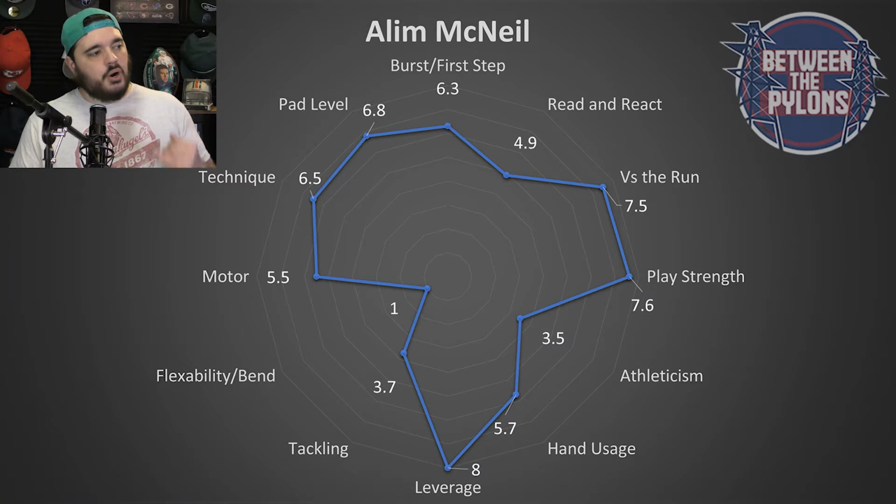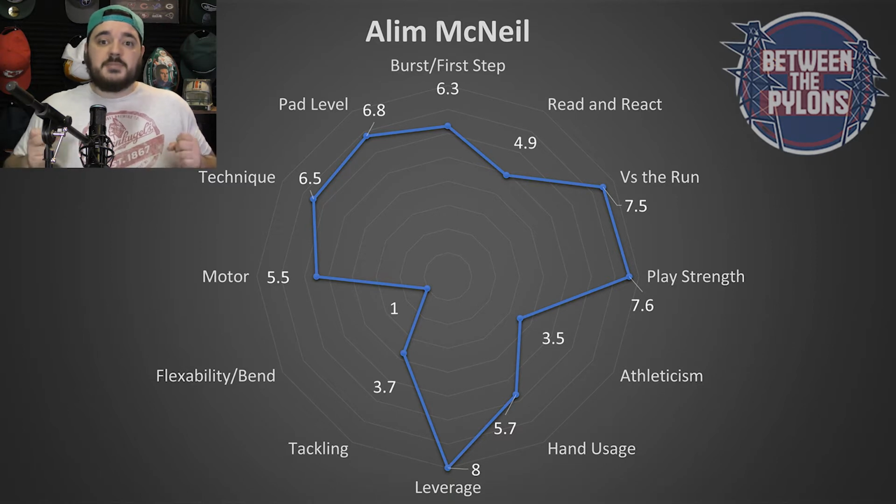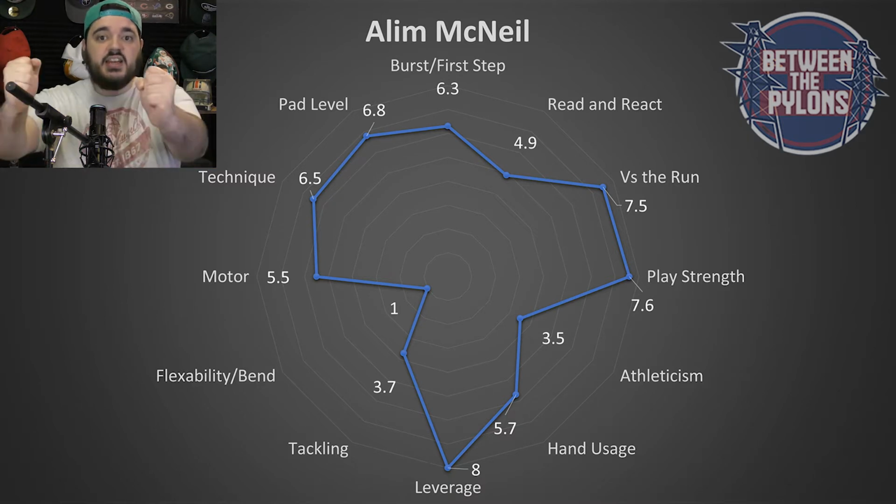We'll start off with burst and first step at a 6.3. Very good grade for me. Gets off the line really well. His speed to extension is so good, right? Like his ability to get into his stance and extend his arms back on the center or guard, whoever he's